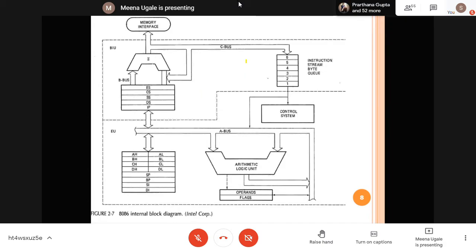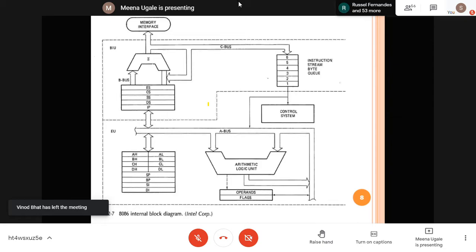This is your internal block diagram. Basically, it is divided into two blocks. You can see the dotted lines. Observe the diagram properly. Go through whatever titles and blocks are given, and then I will explain you one by one. If you are connected with mobile, you can slightly enlarge the screen and see the content exactly. Or if you are connected with your desktop or laptop machine, you can clearly see the diagram.